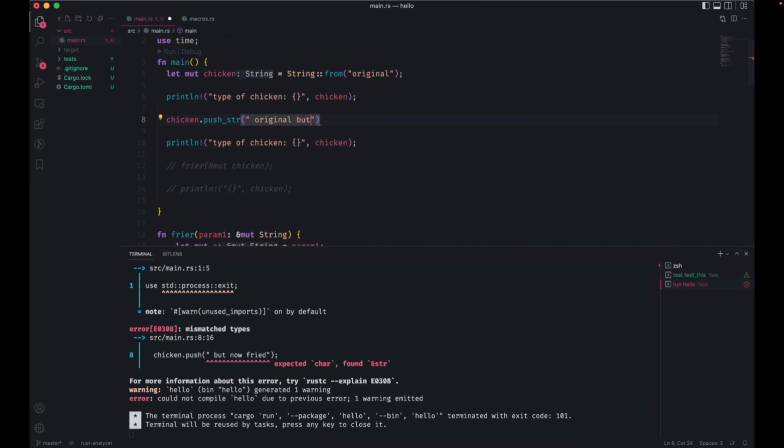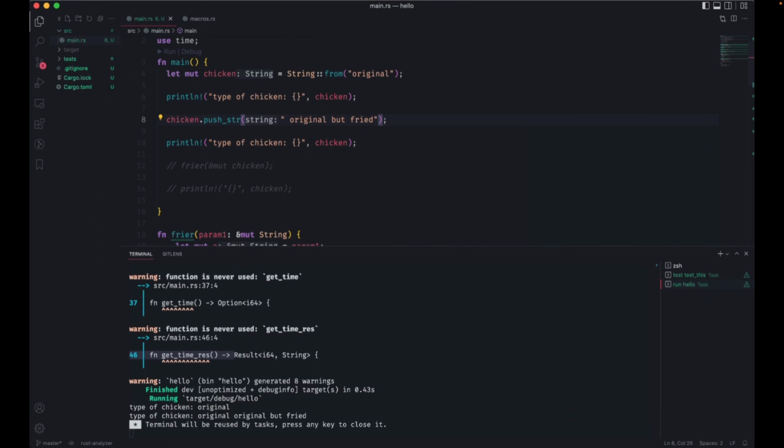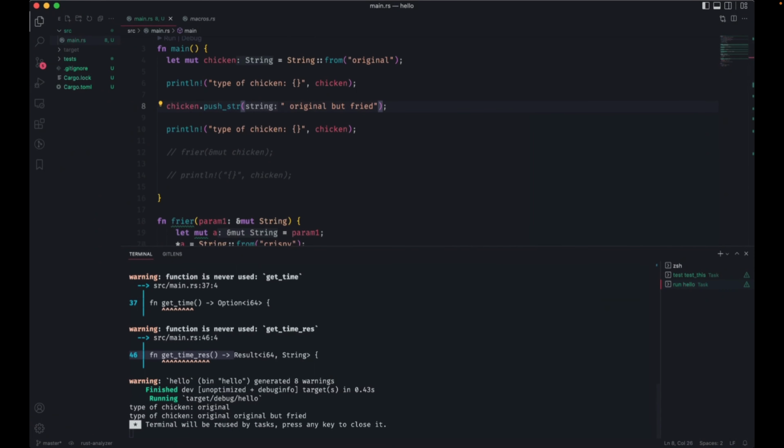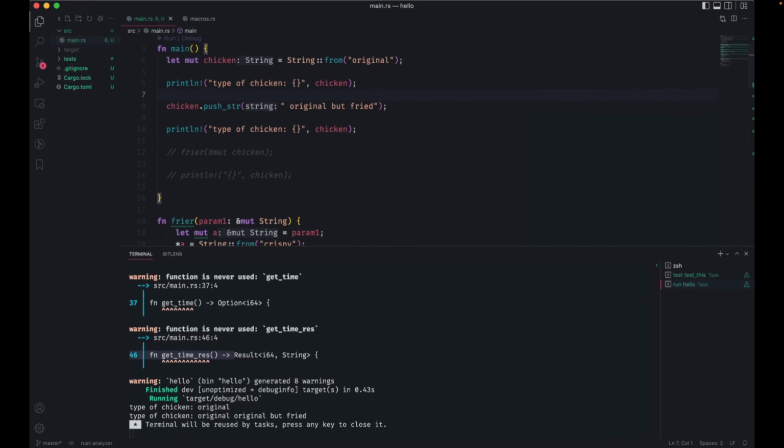It might be push string, but this was the autocomplete I got. Let's see. Yeah. There we go. So now I've got two originals here. Okay. So that's what happened.